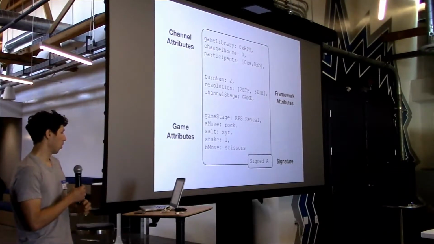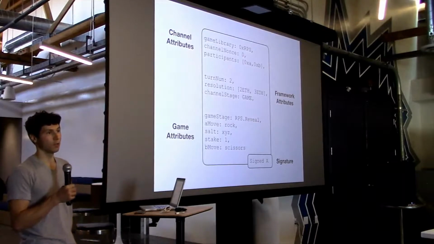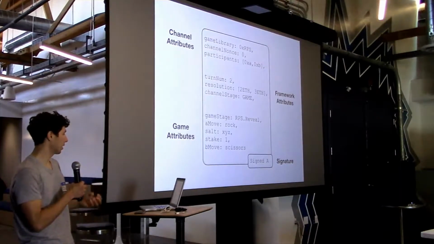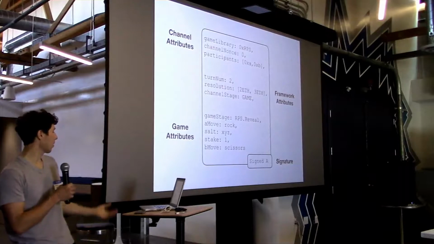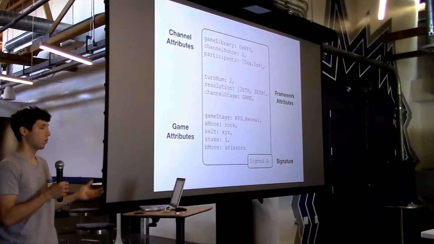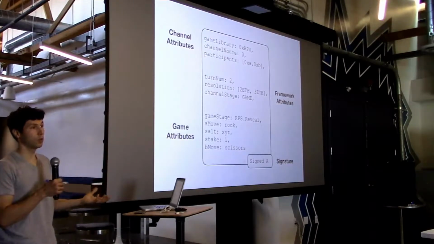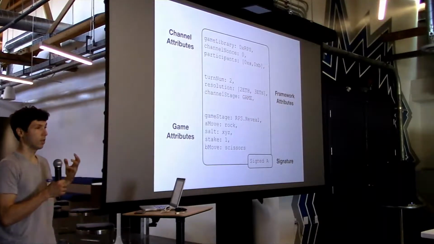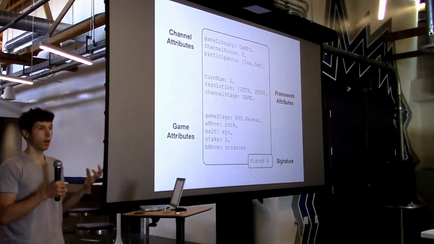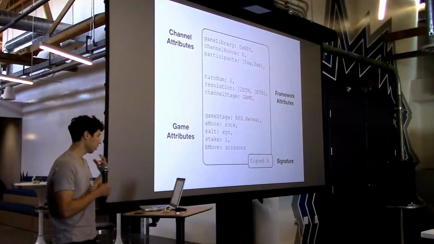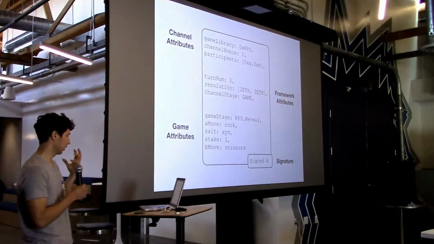So what kind of things do you guys need to worry about when you start using our awesome force move game framework? You need to worry about all this stuff. Well, it ends up that no, you only need to worry about the bottom game attributes, which are totally arbitrary. So you don't need to worry about the channel attributes or the framework attributes. You can gear this thing to be your application-specific state. And we talked about the game attributes of rock, paper, scissors.